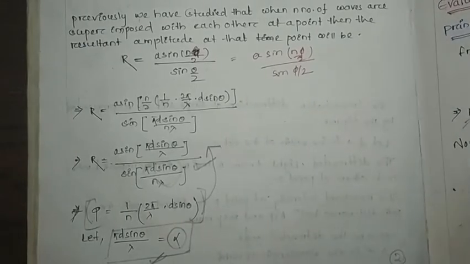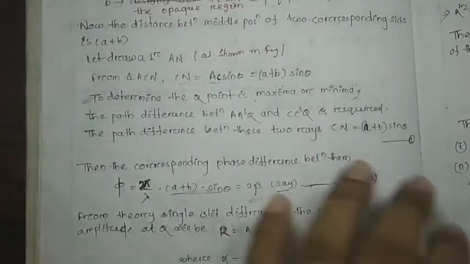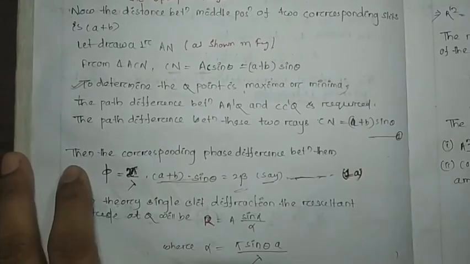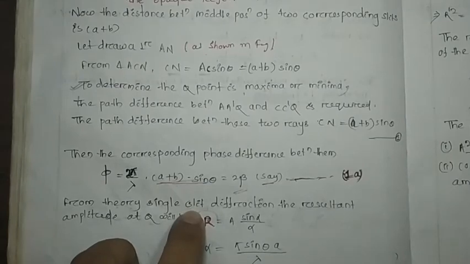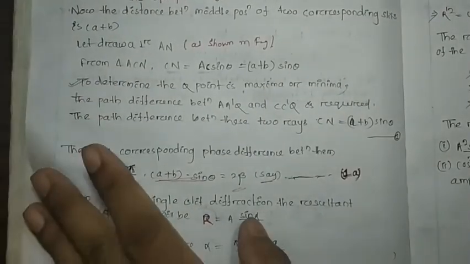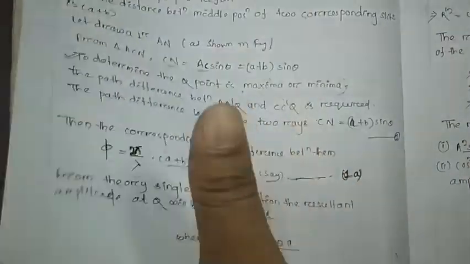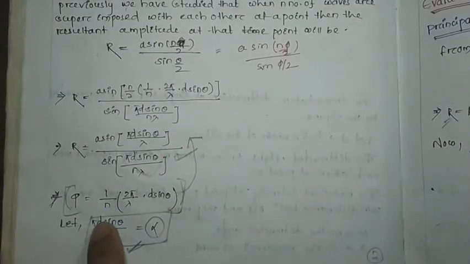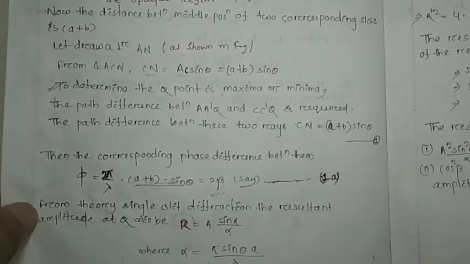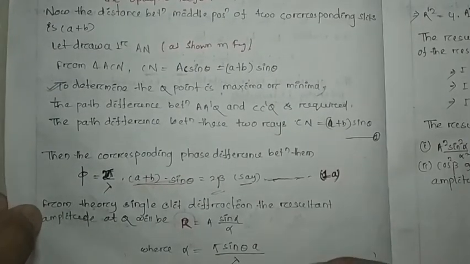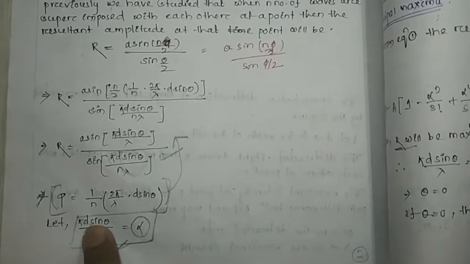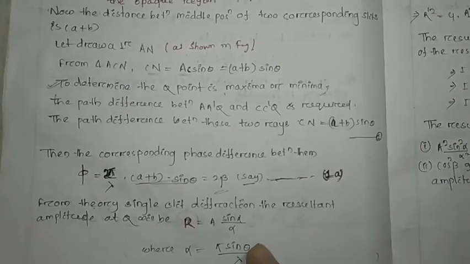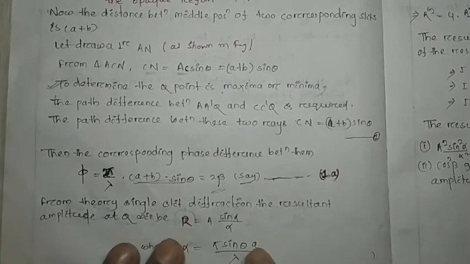These two terms we have directly written here, not to be discussed once again, because these things were already discussed in our single slit diffraction experiment. So alpha is pi sin theta d by lambda. Here d was taken as the width of the slit, so instead of d we have written A, because here A is the width of the slit.